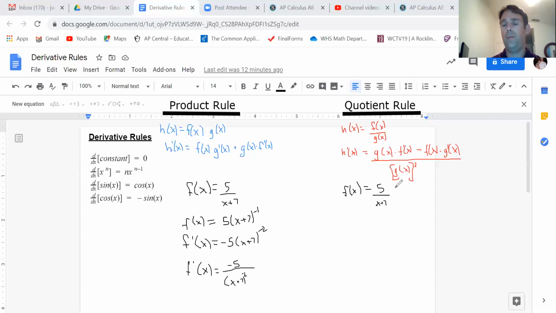So up top, we'd make this one the f of x. And I'll go ahead and just go right doing it the first time with color, just so you guys can see it again a little bit better. The bottom one, that would be g of x. So if I were to go through